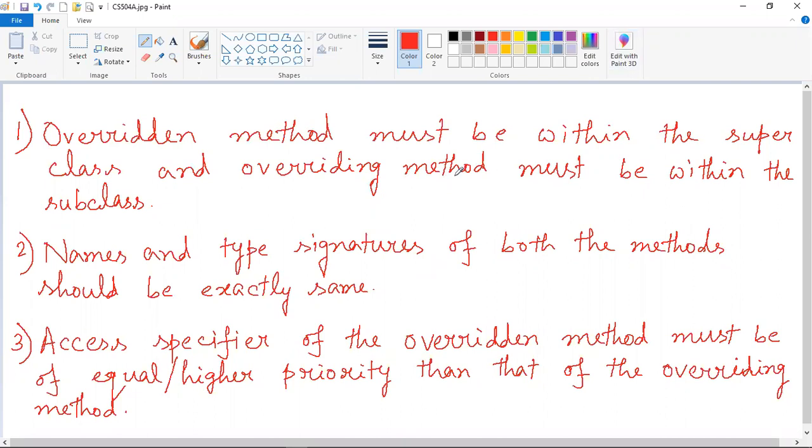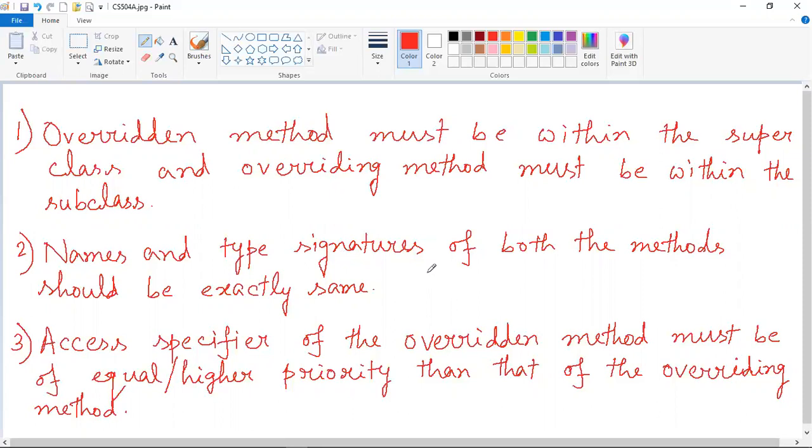So there should be a parent-child relationship between the two classes within which the two methods will be. The next rule says that the names and the type signatures of both the methods should be exactly the same, which I have just explained in the example program that I have shown to you.